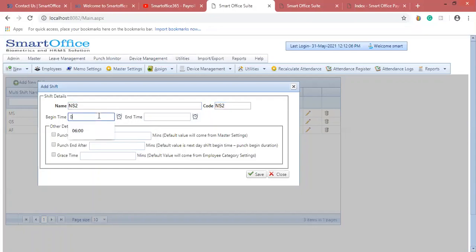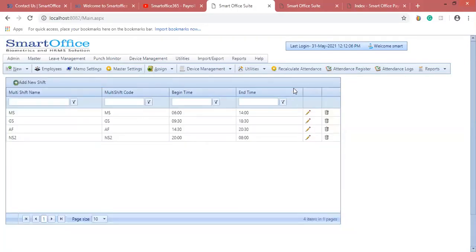NS2 for evening 8 o'clock, that is 20, to morning 8 o'clock. Punch begin before and punch end after are mandatory. So I have created these multi-shifts for when your employees are performing more than one shift in a single day.